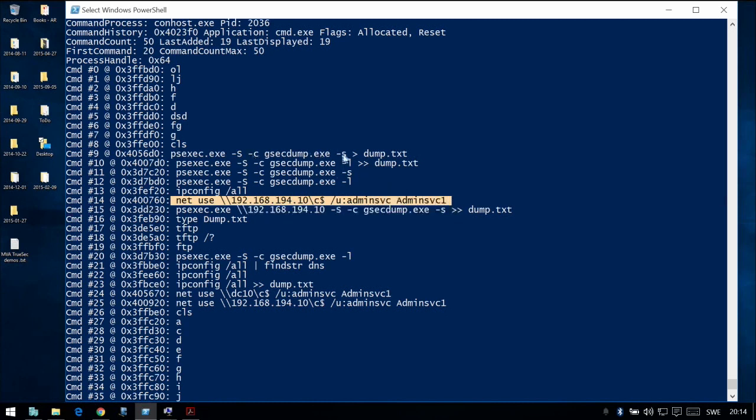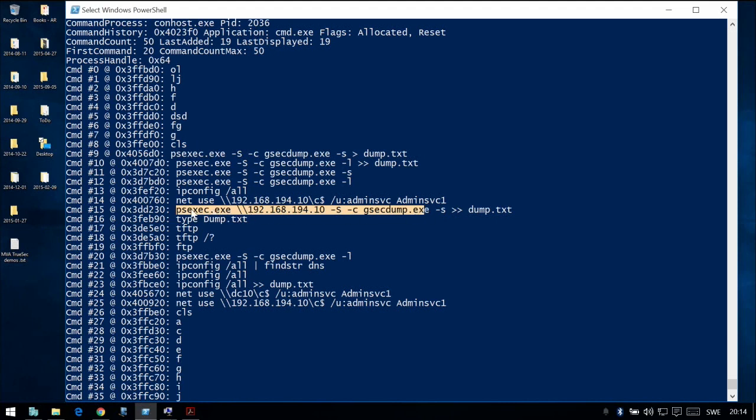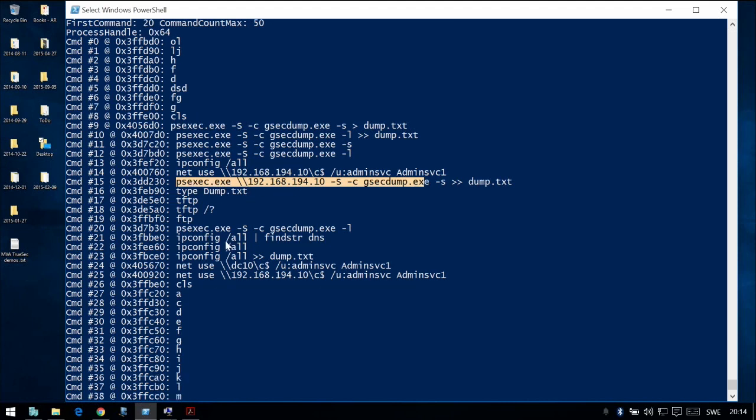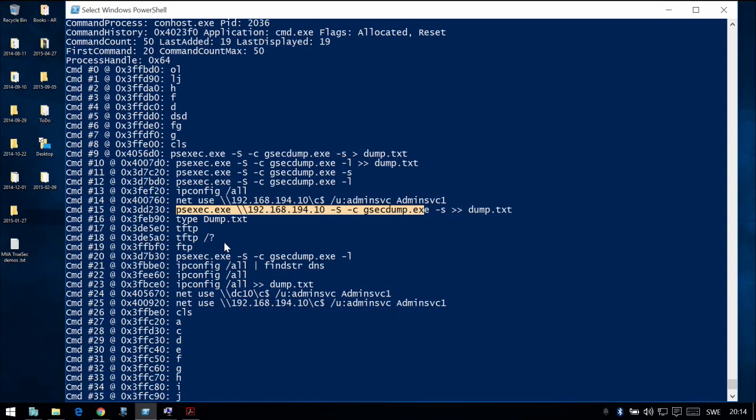Part of the things we dump could be clear text passwords. So apparently they got hold of that one, and they're using admin svc, which is probably a service account with the corresponding password. After that, they are doing a dump on the domain controller using psexec, which perfectly lays out what's happening. This is exactly the type of information we would like to see when we analyze memory dumps and images of memory in our system, regardless of whether this is a hibernation file